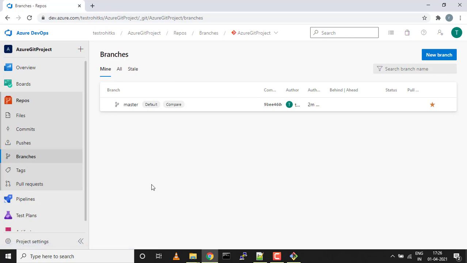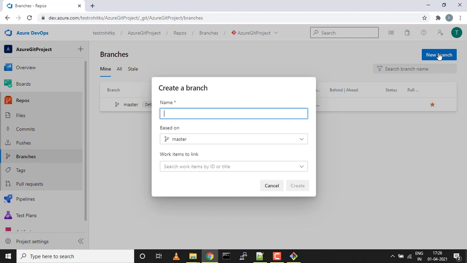Let's do one thing, let's create one more branch, a develop branch, and let's see how it works. If you want to create a branch directly in Azure Git, come to branches, over here there's an option to create a new branch. Okay, let's name it develop.